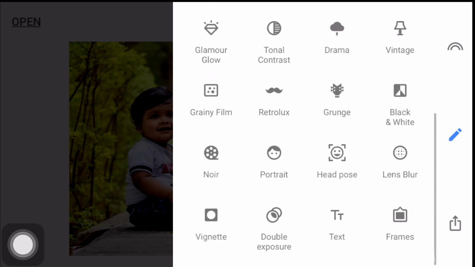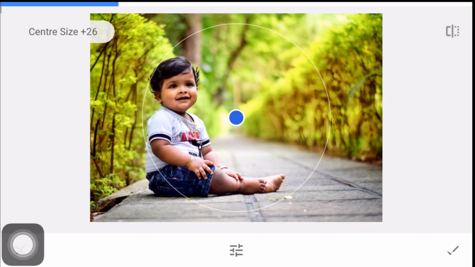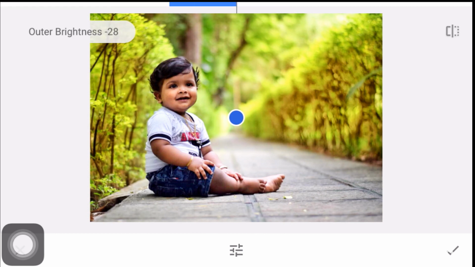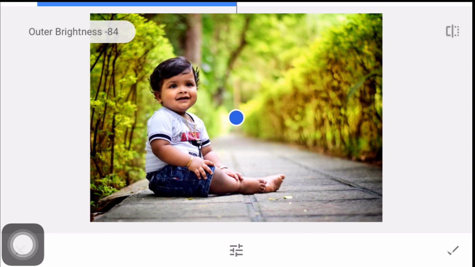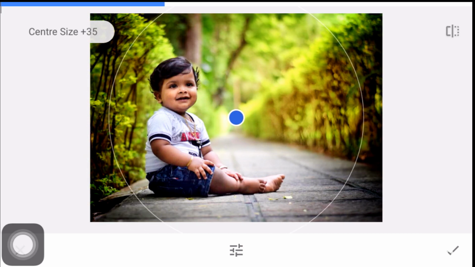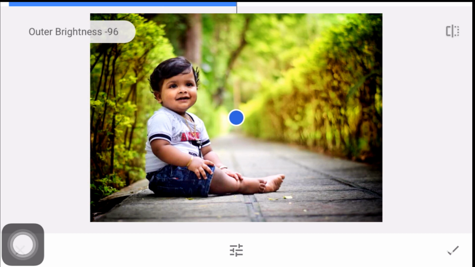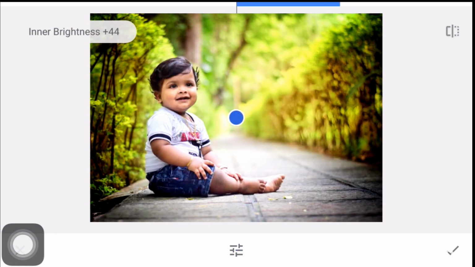Now there is one vignette tool. Using this tool you can see there is one circle in this image. If we reduce the brightness, the outside of this circle will become darker, and in the same way there is an inner brightness; if we increase the inner brightness it will become brighter.